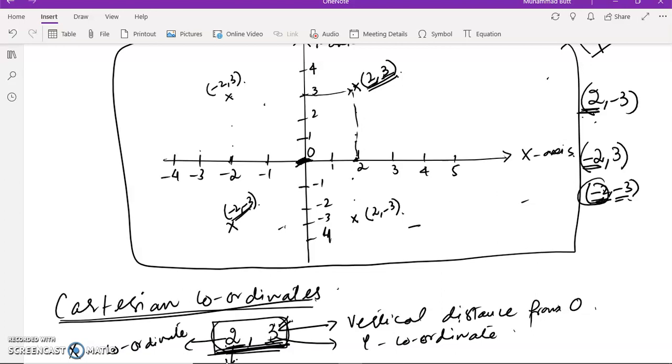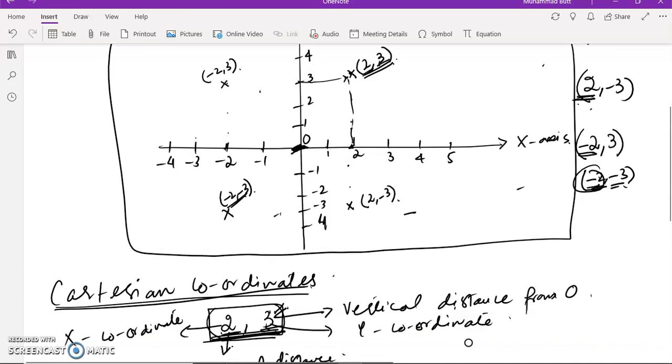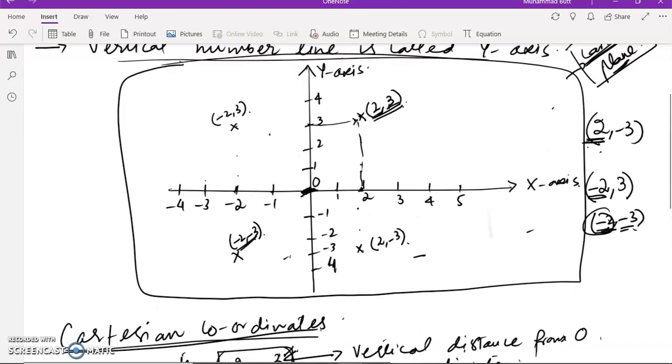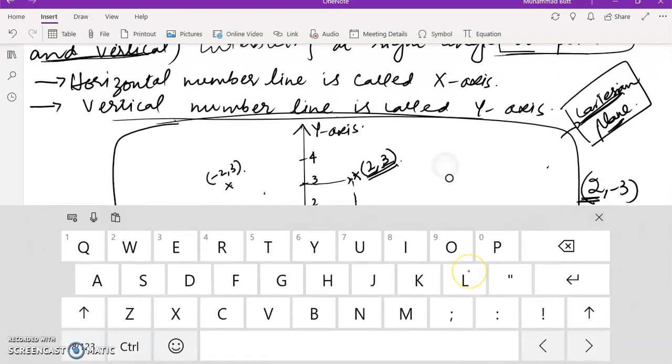So students, if we know the ordered pair, we can easily locate any point on the graph as I have shown you over here. But you should remember that